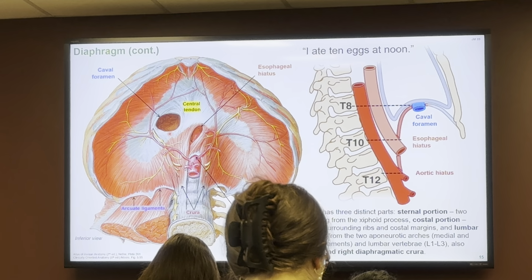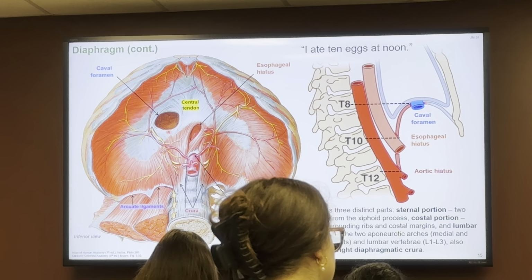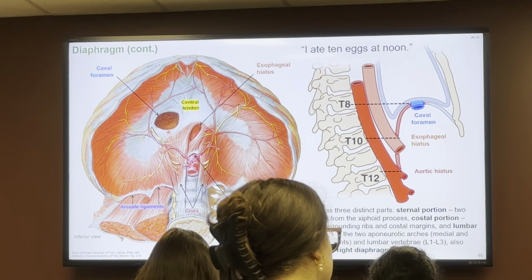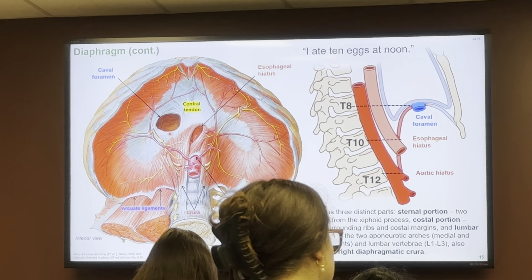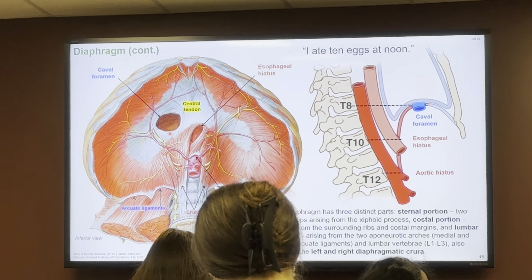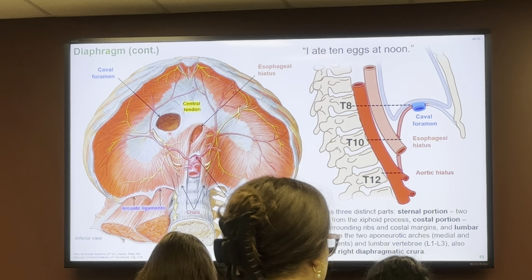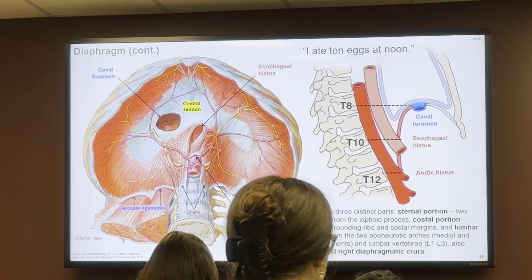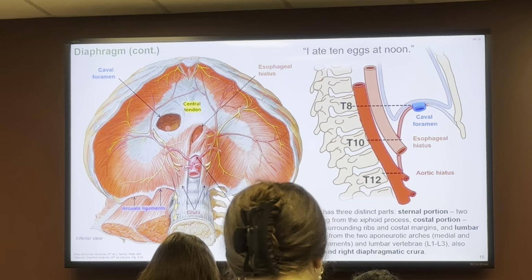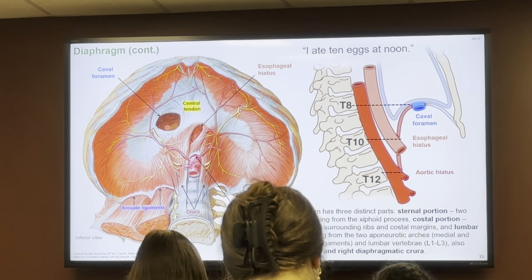The vena cava is a giant tube. It's big, man. It's really big. You have an inferior vena cava and a superior vena cava that would meet at your heart. All of the deoxygenated blood leaving your abdomen, your lower extremities, and everything like that has to get back into your heart via the inferior vena cava. So the inferior vena cava will plug back into your heart via the caval foramen. Your heart would sit right on top of the central tendon. It just lays on top of it like that. As soon as the inferior vena cava gets into the thorax, it's maybe a centimeter long,